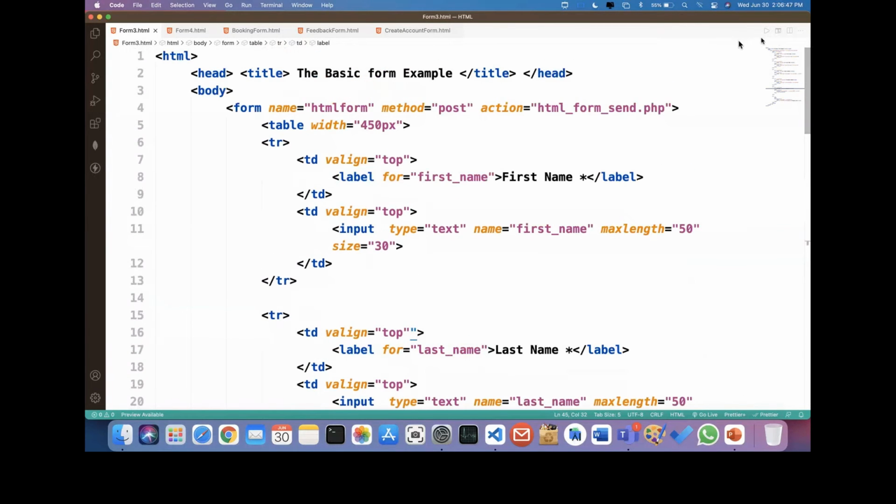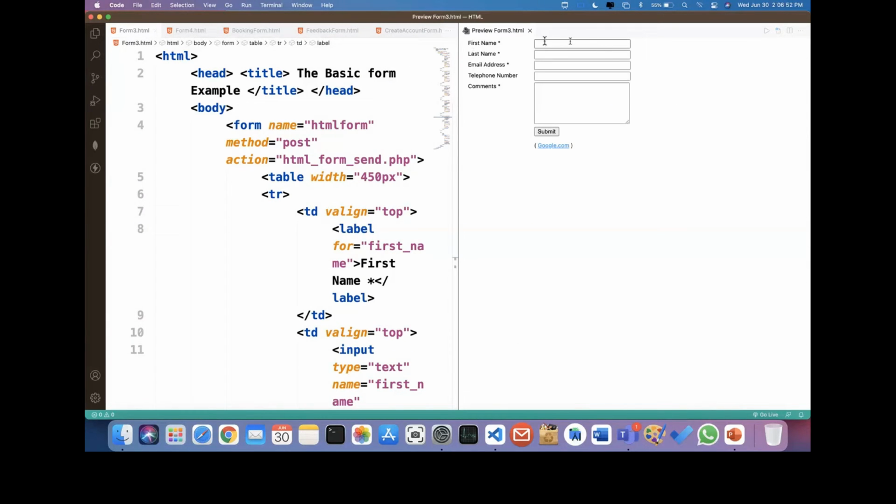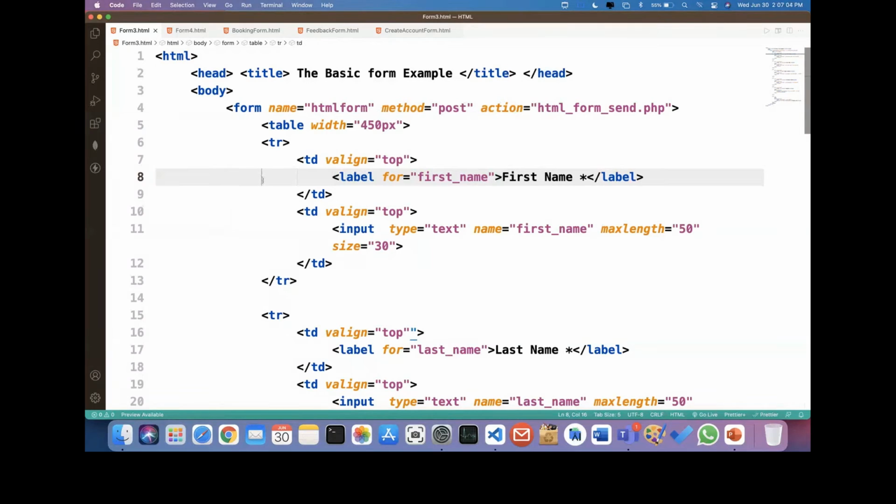So from now onwards, whenever you are practicing in the lab session, you have to design these kinds of symmetric forms. So always go for a table, and it will be very easy to design this kind of form. With the use of CSS also you can design this kind of stuff, but I found this is the easiest way to make my form very symmetric. If I find any other good way, then I will share it with you guys. Now this is a very simple basic form.